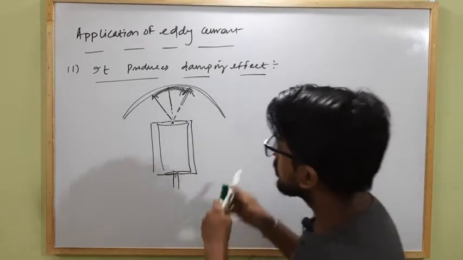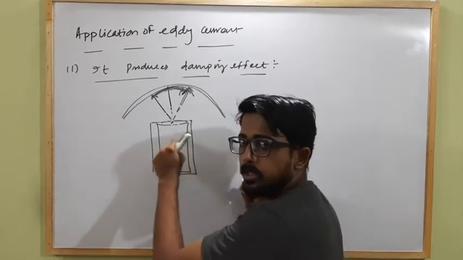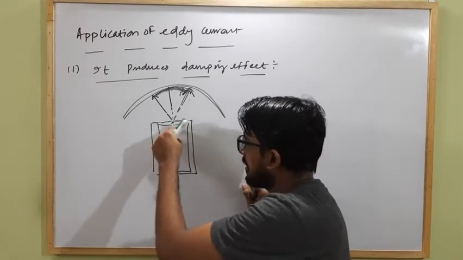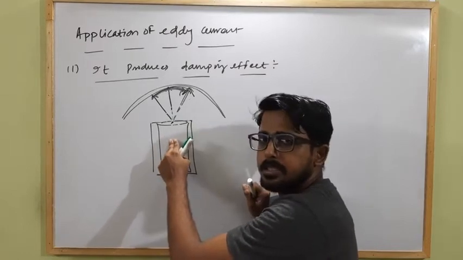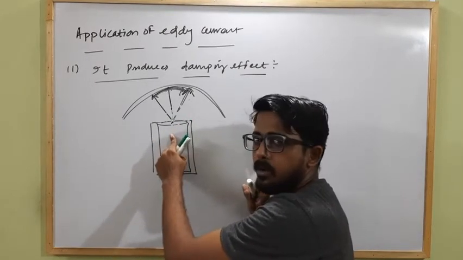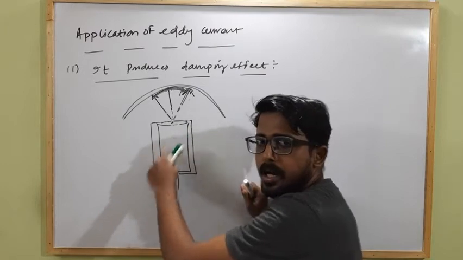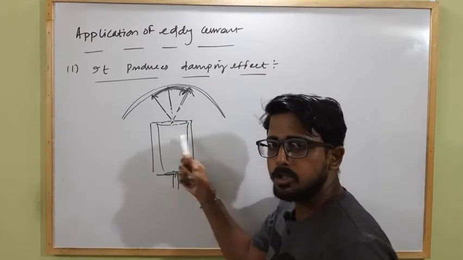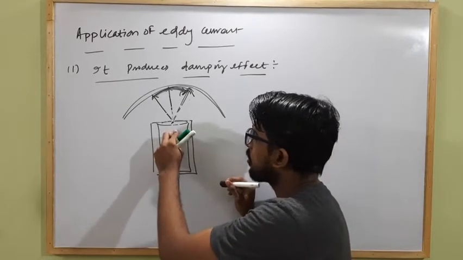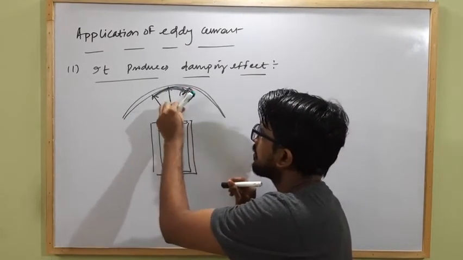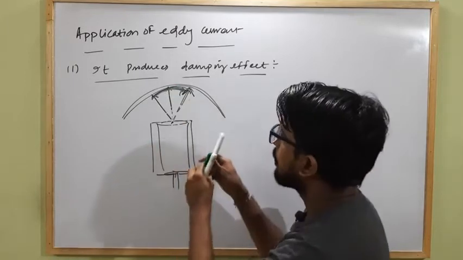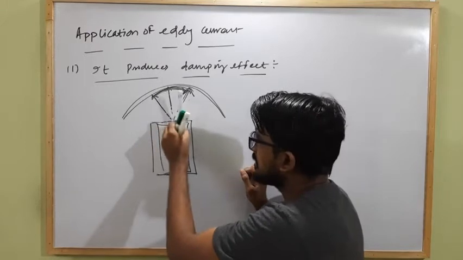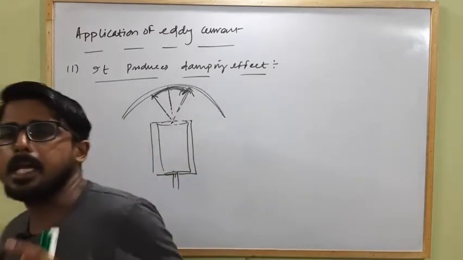That's why the soft iron core is used, because when the current flows through this metallic conductor, the magnetic field linked with this iron core changes, and due to the change in magnetic flux, it produces eddy current, and eddy current always tries to oppose the cause. That's why the damping effect of the eddy current opposes the pointer's oscillation. Clear? This is what is known as a dead beat type galvanometer.